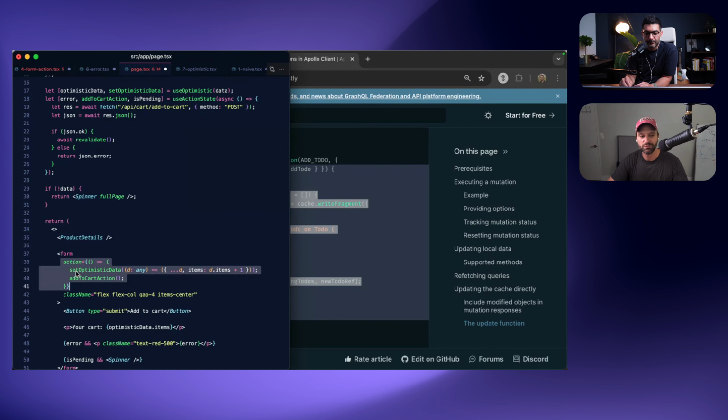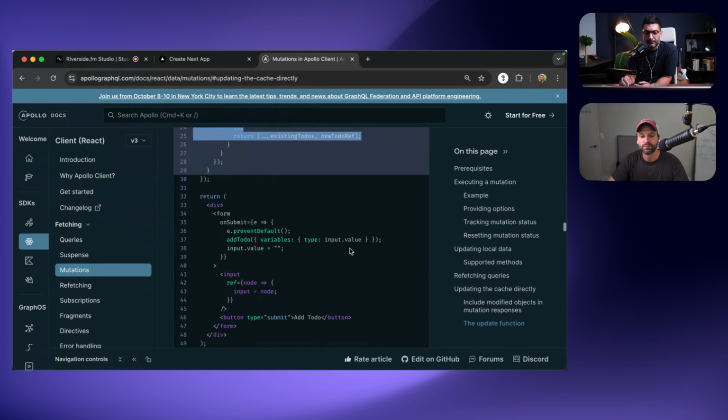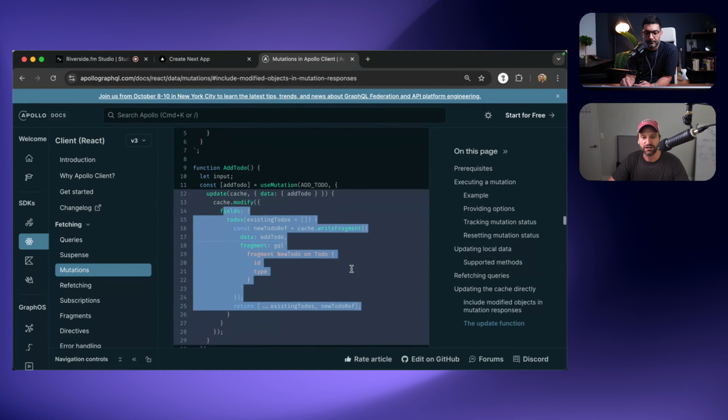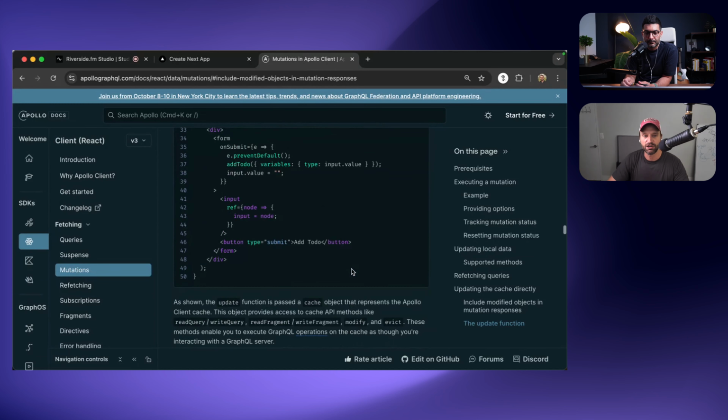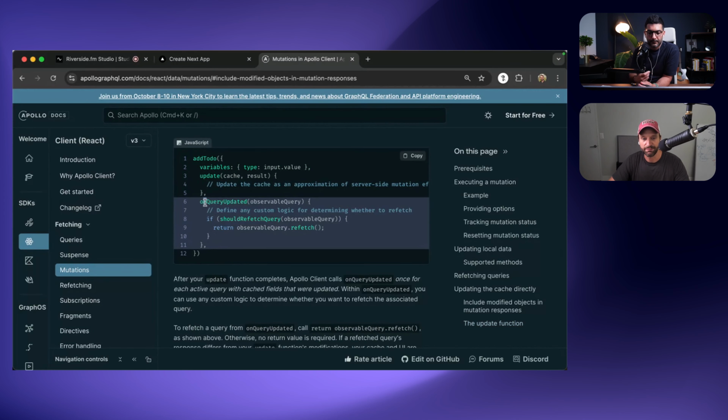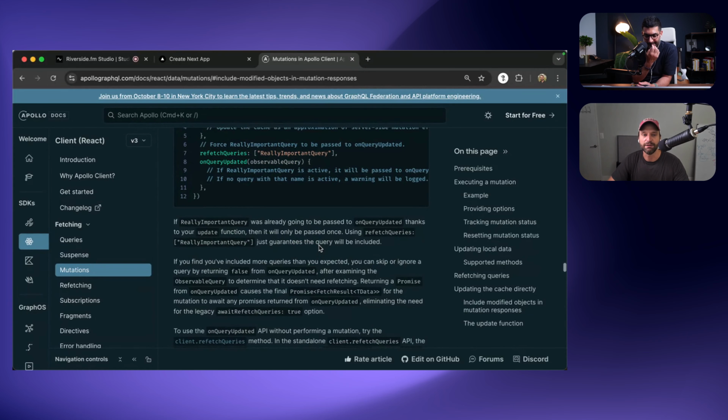I have some other demos where I have a bunch of different actions doing all sorts of different things. They all have their own little set optimistic. I love how co-located it is. And then at the end of the day, it all gets cleaned up. Whereas here, you usually need to say, on return, let's go ahead and update that cache again. On query updated, blah, blah, blah. So anyways,